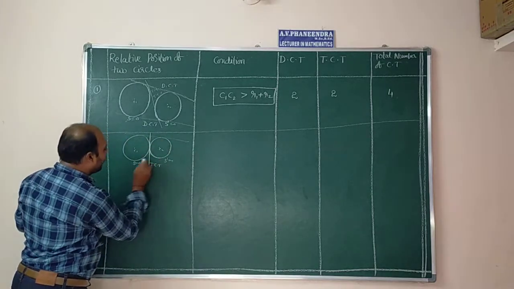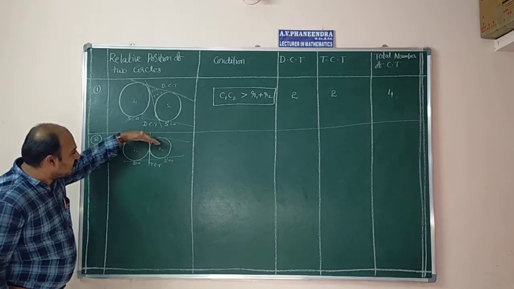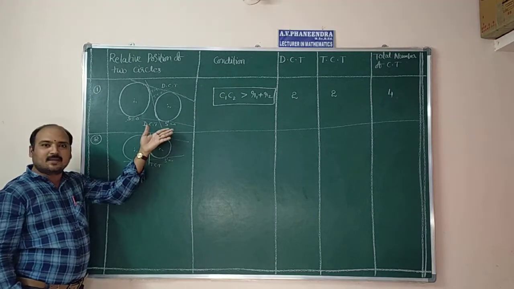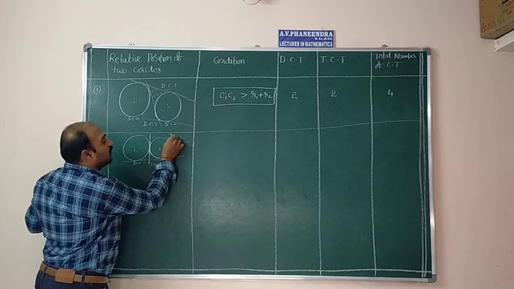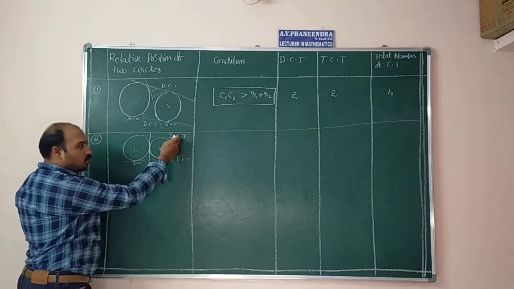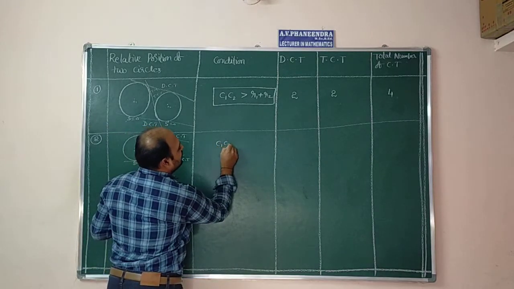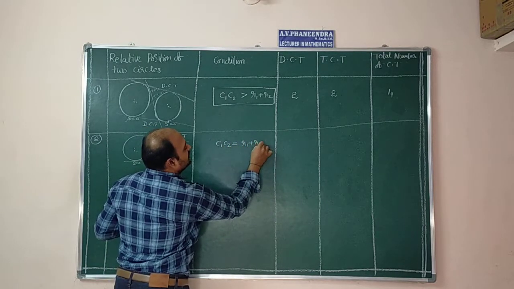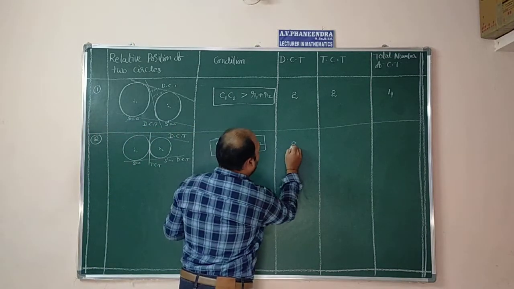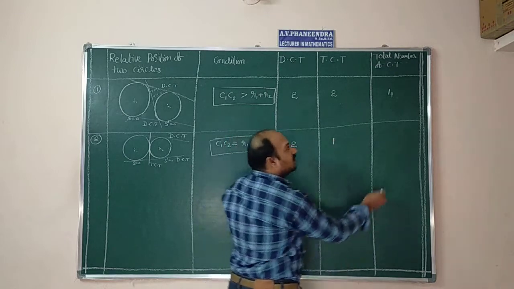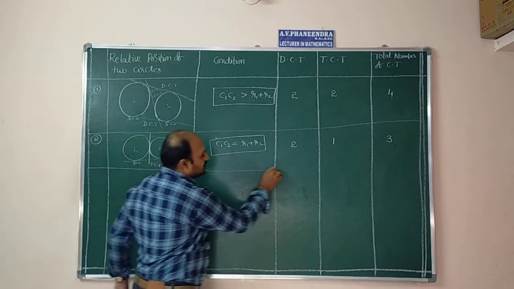Like this also we can draw the tangents. For this tangent, the two circles are on the same side. For this tangent also the two circles are on the same side. Whenever the two circles are on the same side of the common tangent, the tangents are direct common tangents, DCTs. So two DCTs are there, one TCT is there. In which case? Two circles touch each other externally, C1 C2 is equal to R1 plus R2. In this case, two direct common tangents, one transverse common tangent. So the total number of common tangents is 3 in the case of two circles touching each other externally.